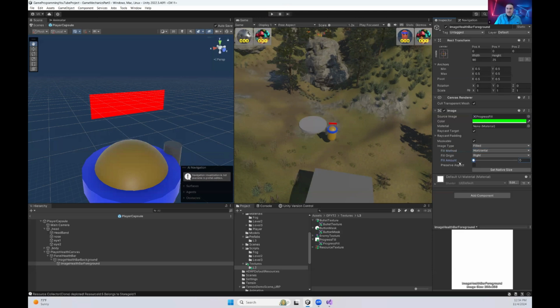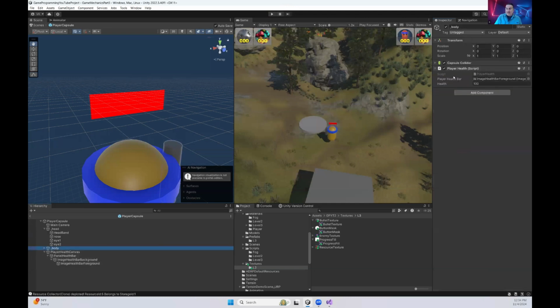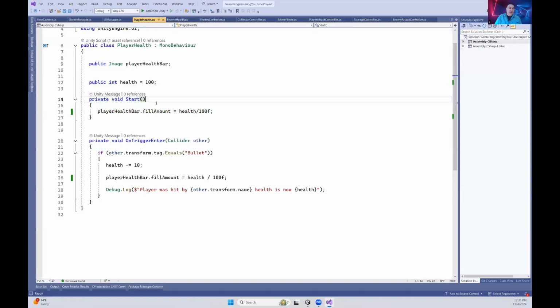displayed. So by default, what happens is that based on the health of the enemy at the start, it's actually right here. So in the body, we have the health attack, the player health. Let's go ahead and bring this up. We have a reference to the image that represents the health bar of the player. And at the start of the life cycle, what we are doing is that we are setting the fill amount of this health bar